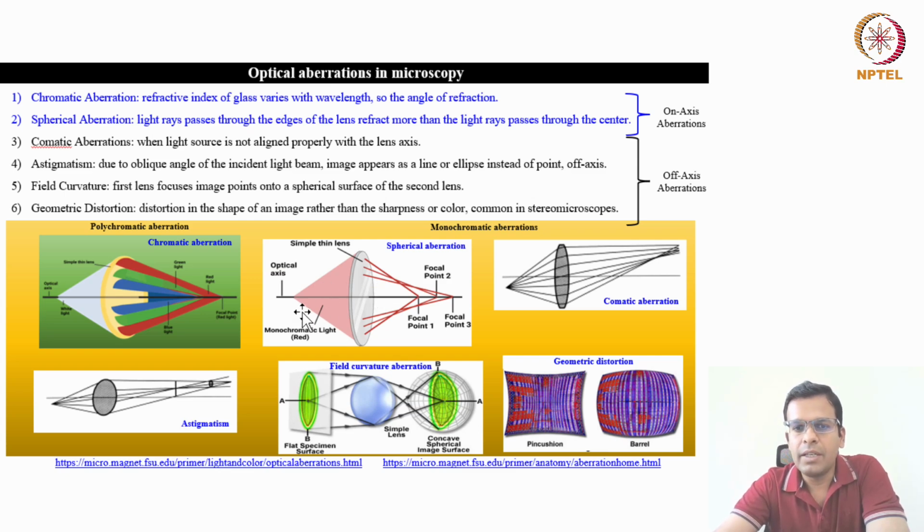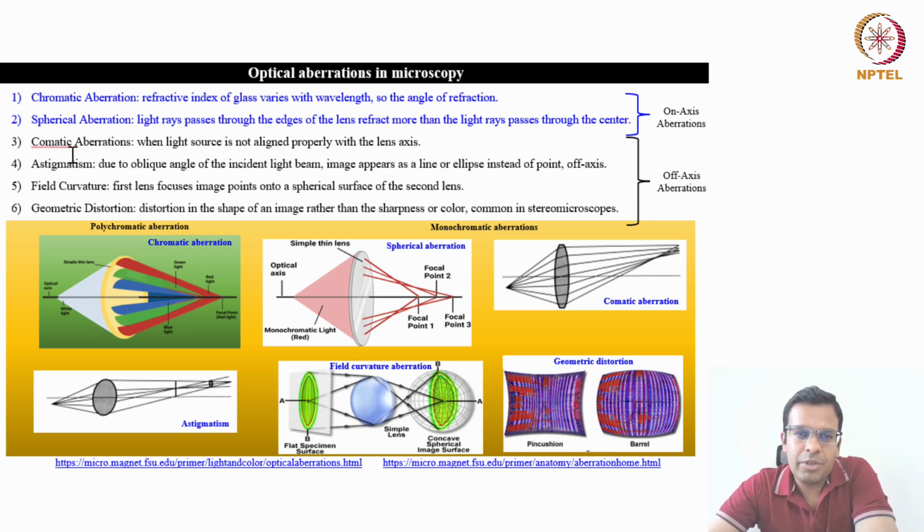Even with a single wavelength, like if you are imaging with green or red colored light, spherical aberrations can take place. And why does spherical aberration take place? Because of the spherical shape of the objective. The light rays passing through the extreme edges of the objective lens merge at focal point 1. But the light rays passing through the center of the objective lens merge at focal point 3. So all the light rays are not focusing at the same point, but there are 3 focal points or even more, depending on where the light rays are passing from. So this creates spherical aberrations.